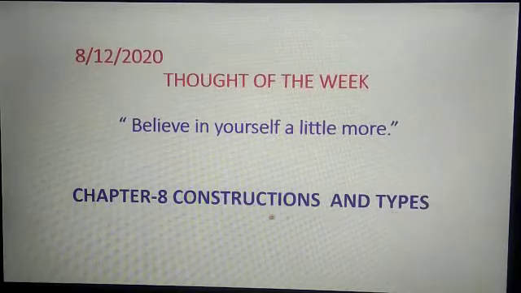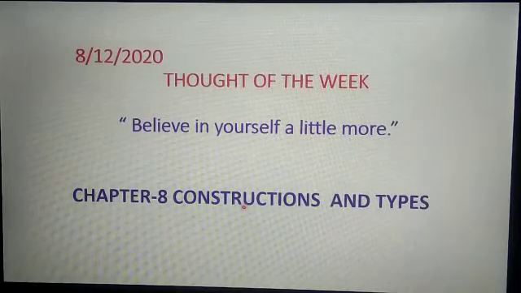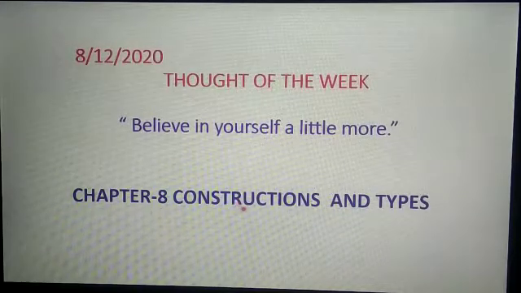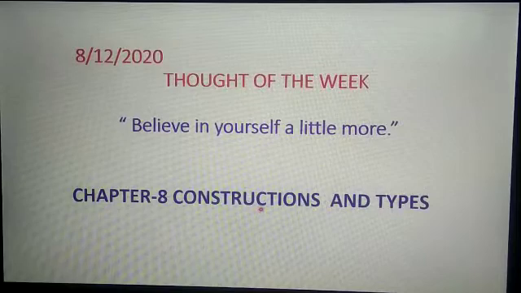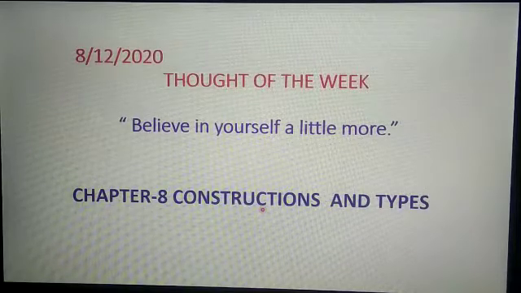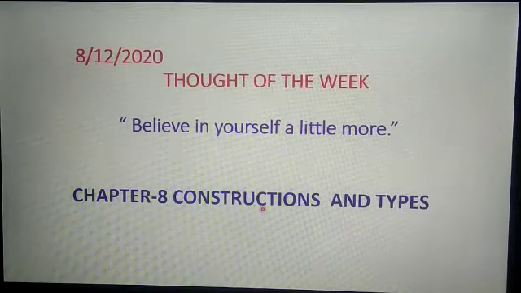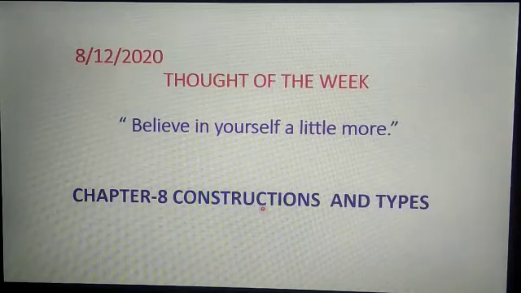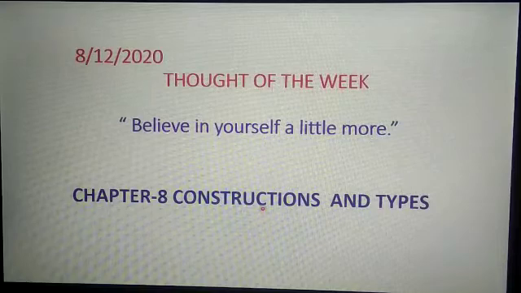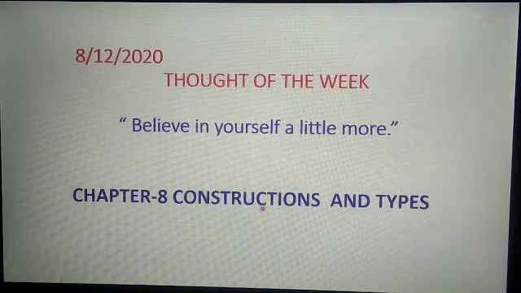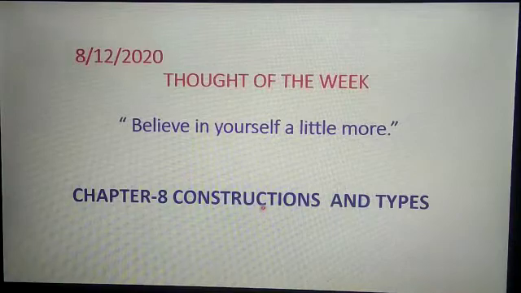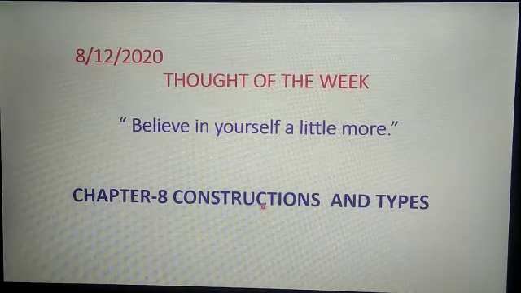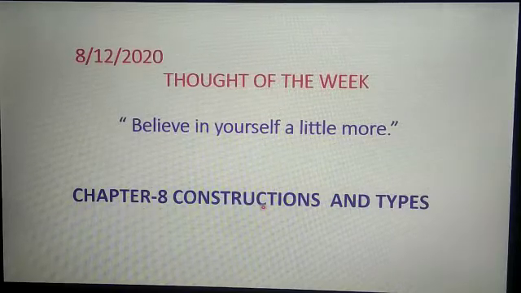In construction, if you open your textbook and open chapter 8, you will come to know the let's recall part is given over there. That means you have to construct some triangles. Question numbers 1, 2, 3 and 4 constructions you have to do. That part is your self-study part which you have to try at home, and I will send you the photocopy of those constructions which have already been constructed.